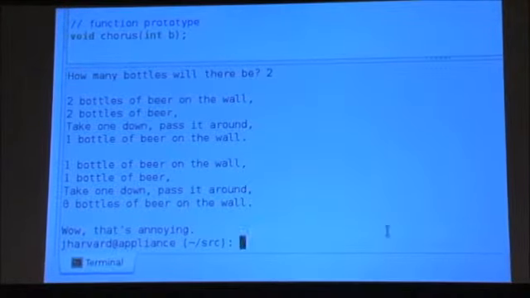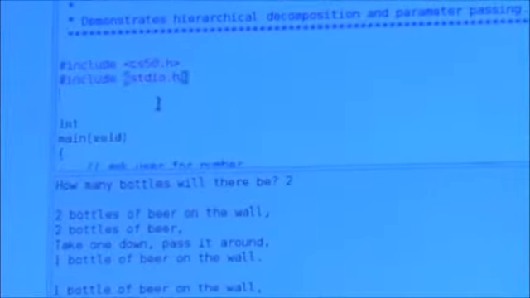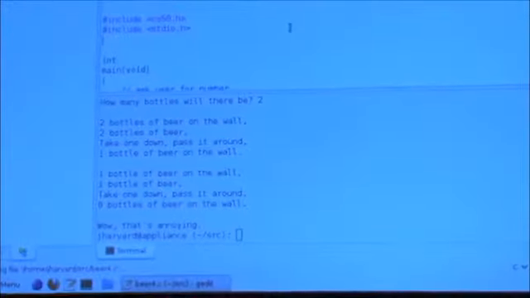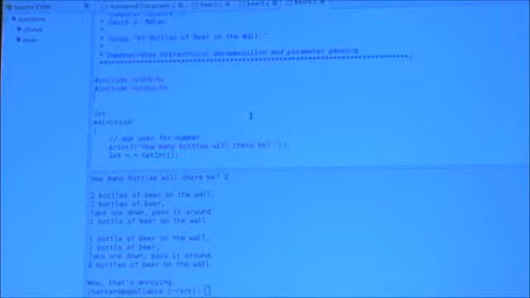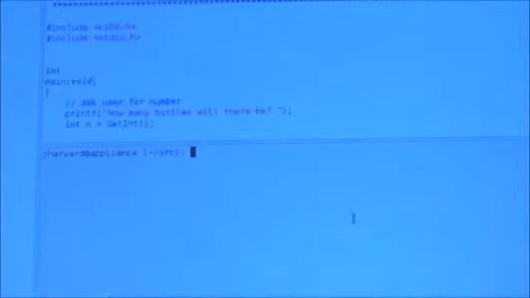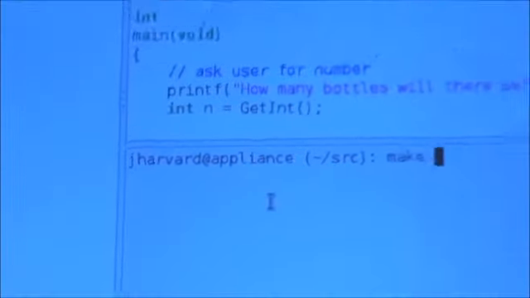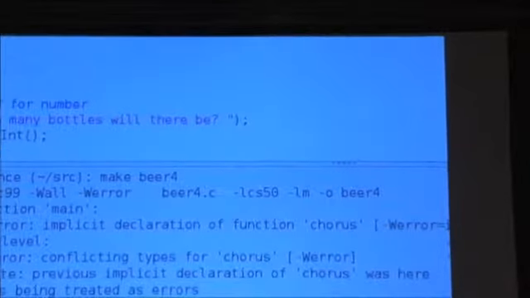No weird side effects. So now let me break it. Let me accidentally delete this thing that we're calling a function prototype and just start typing main. And now notice if I scroll down further, main's there. And chorus is still there. So in theory, I have all the building blocks I need. I've dragged all of my puzzle pieces to the stage. But again, C is not quite as smart as Scratch. C cares about the order in which you do things. So if I now recompile this thing with make beer4, enter, a whole lot of stuff just broke.